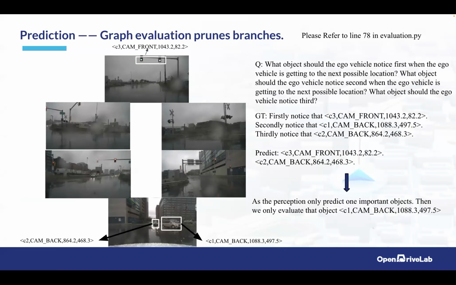But for the prediction task, we need to evaluate what the other vehicles do in the future simultaneously. At this time, we think this is not as easy as perception or the factual tracking of the future state. You need to imagine whether the future state of the other vehicle is the same as what the human annotator annotated. So at this time, we involve something called the ChatGPT score to evaluate the similarity between the ground truth and the predicted answers.